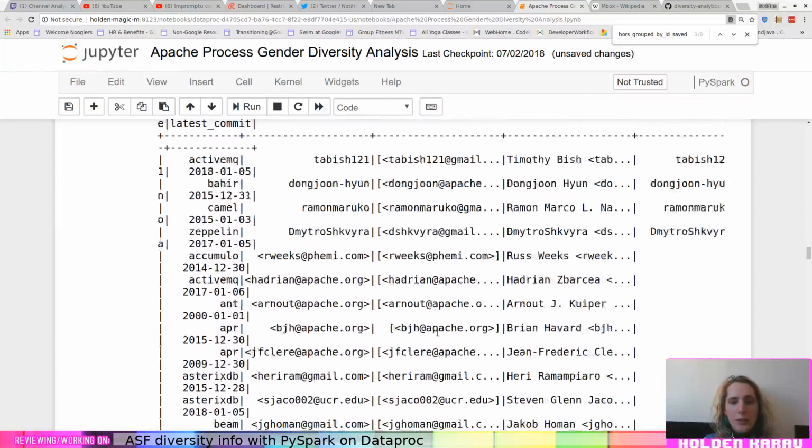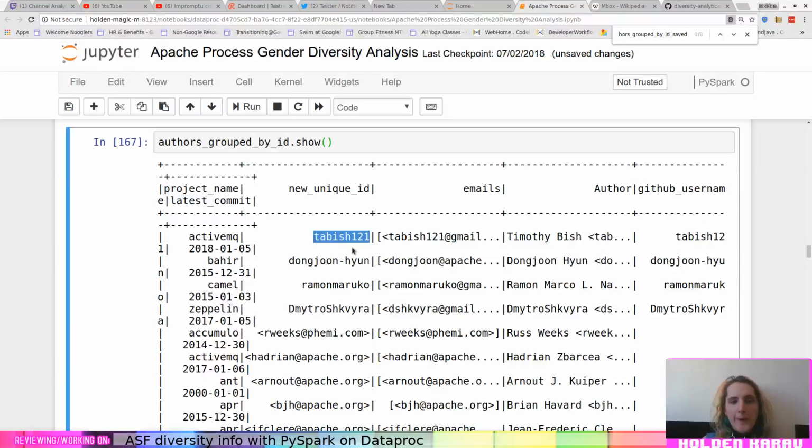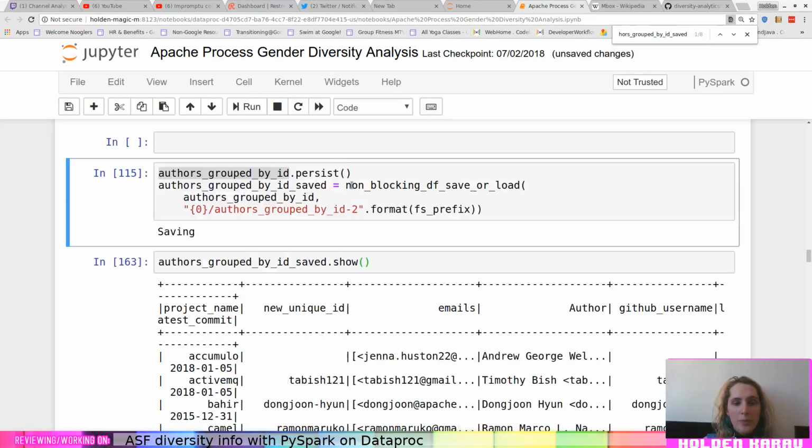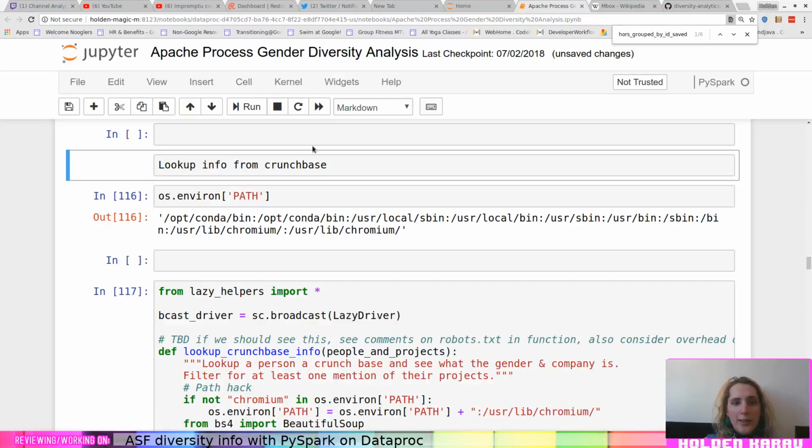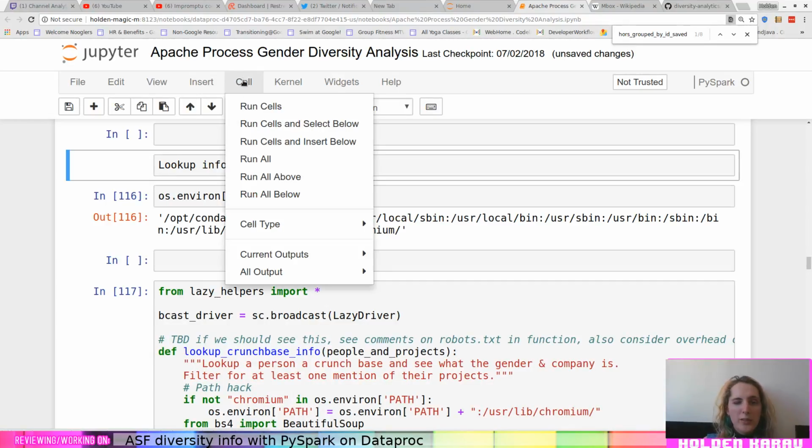Yeah, okay, so this now looks a lot more like what we would expect. So we can see here the new unique ID. These have resolved to GitHub IDs, which is what we would want. But some of these people don't have corresponding GitHub IDs, and then we're using their full email address as their unique ID. So we can still deduplicate on this. So that's good. Fix that bug really quickly, and we're gonna change this over, get rid of this. And okay, so now we probably need to run